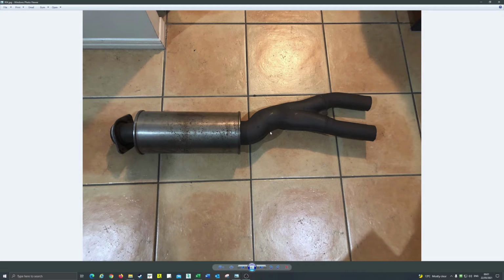quite good as far as flow goes. I think it's better than any aftermarket exhaust for an IS350. These pipes here are 60 millimeters. Everything's metric, being Japanese. They're not 2.5 inch. They're 60 millimeters. Now these 60 millimeters go into a 90 millimeter intake here, and the